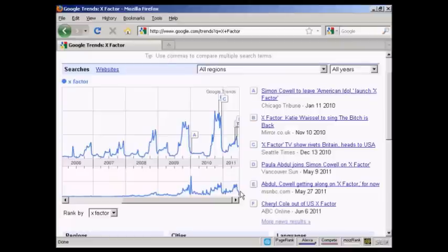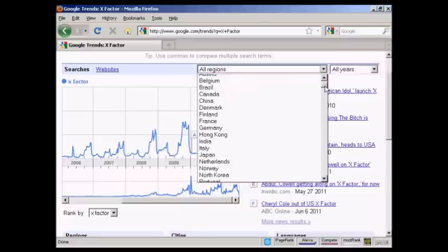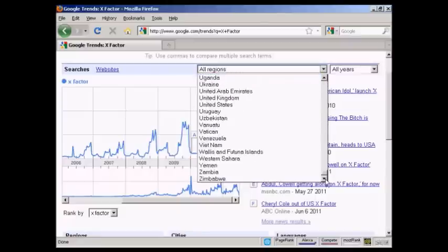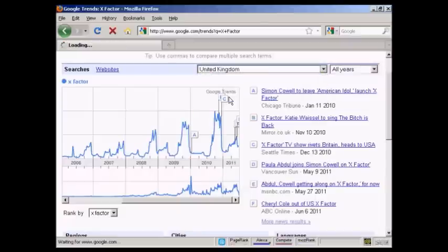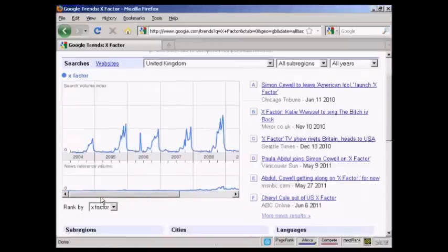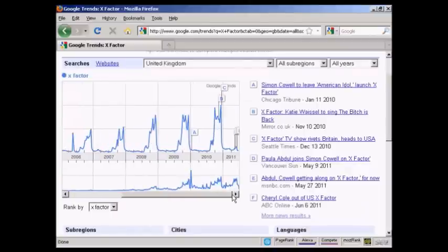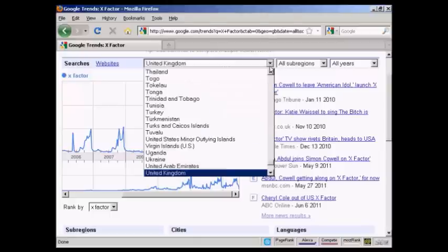And you can drill down here by region as well. Let's say we look at the UK, where the X Factor has been running for many years. You can see here search volume goes up fairly regularly, and then you've got more news items and so on. But if we switch that to the United States,